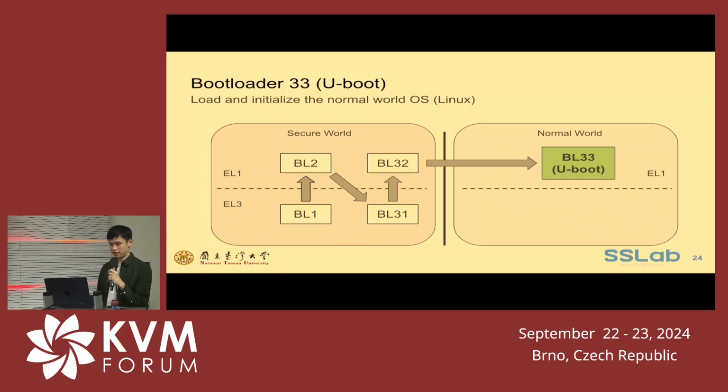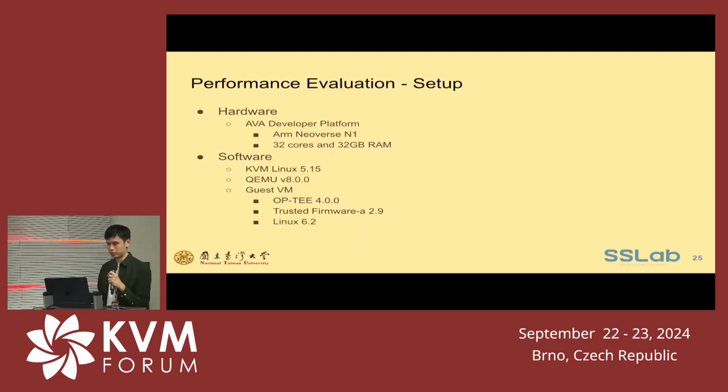And the same as bootloader 2 and bootloader 3.2, no specific modifications need to be done here. After all the modifications we made to ARM, we successfully set up an ARM VM on our virtualized TrustZone with QEMU KVM. So next, I can present the performance evaluation of our implementation, and here is